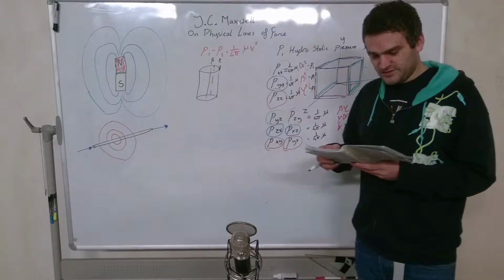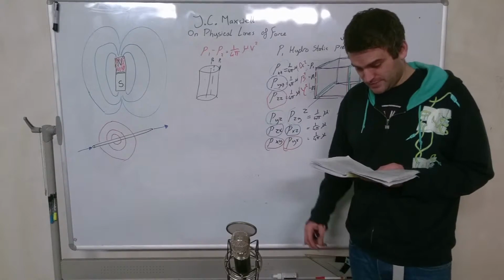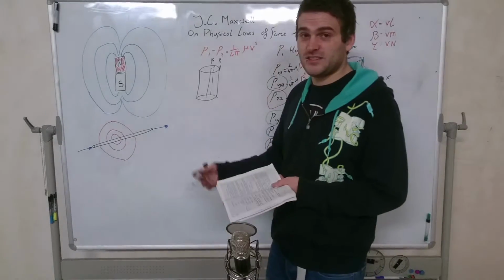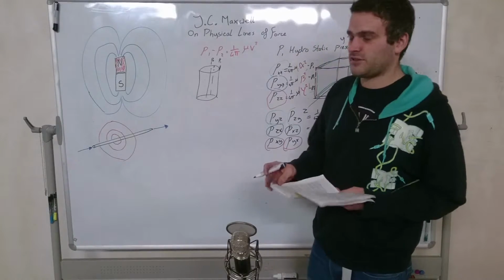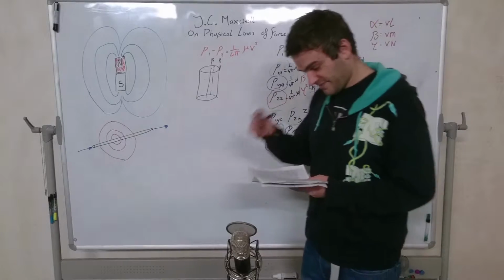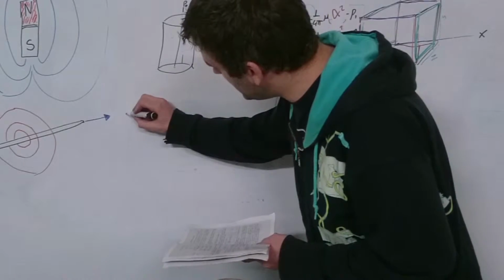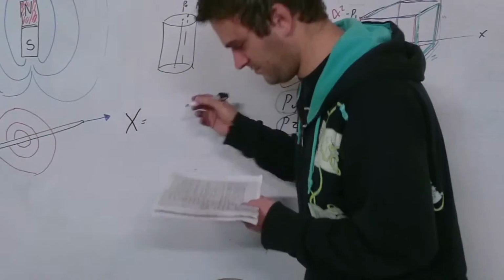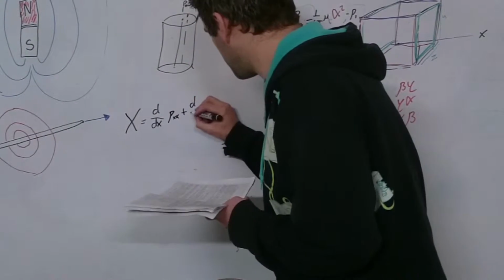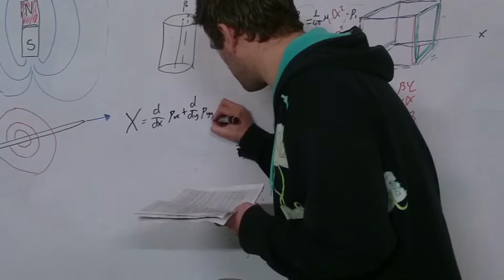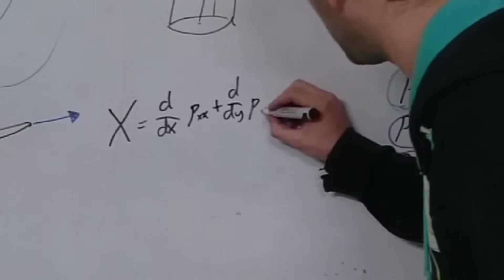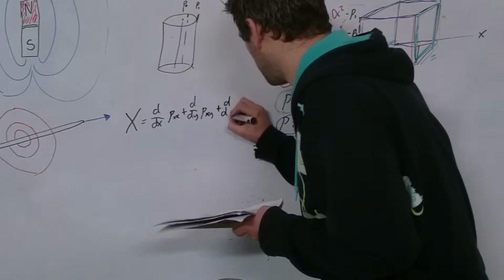We have, in general, for the forces in the direction of x per unit of volume by the law of equilibrium of stresses, the formula, and this is going to be the basic formula which expands to a lot of difficult formulas, but it's a cool one. It says that X is equal to d/dx times pxx plus d/dy pxy, because it's all in the x direction, plus d/dz